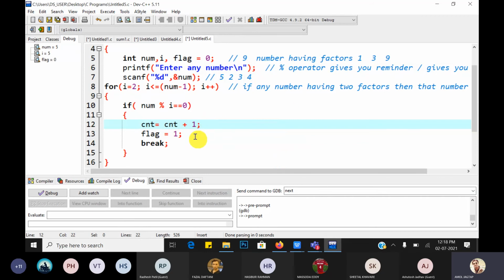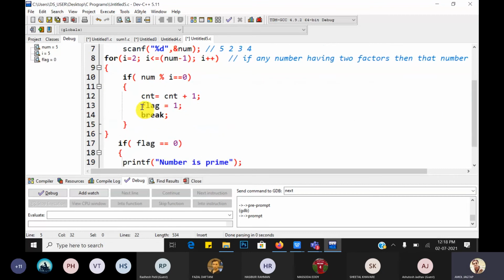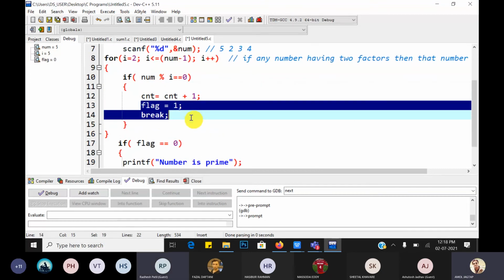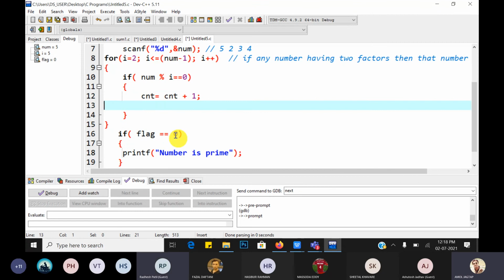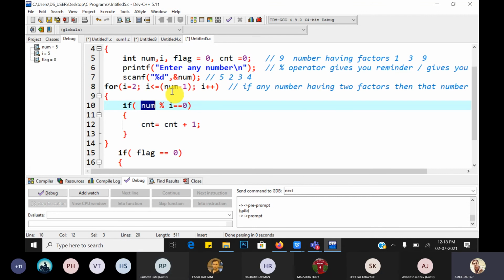That is how many factors there are. For this variable, CNT is initially 0. So there is no need to write break and flag.